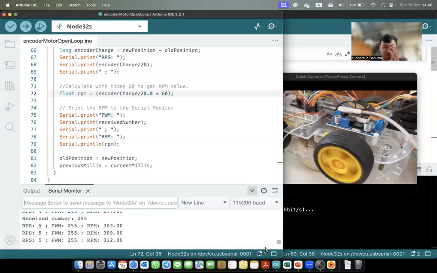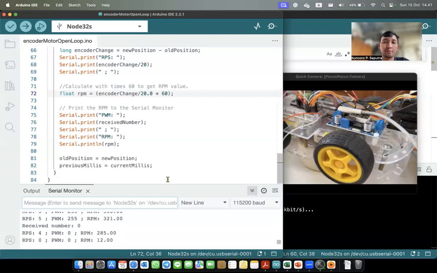Yeah. So we can see the rotation per minute of this wheel with different PWM values.